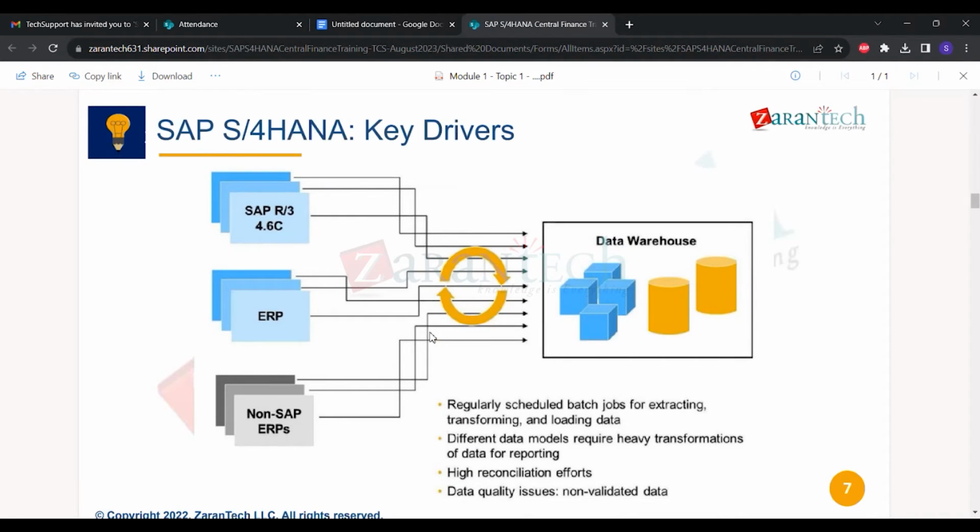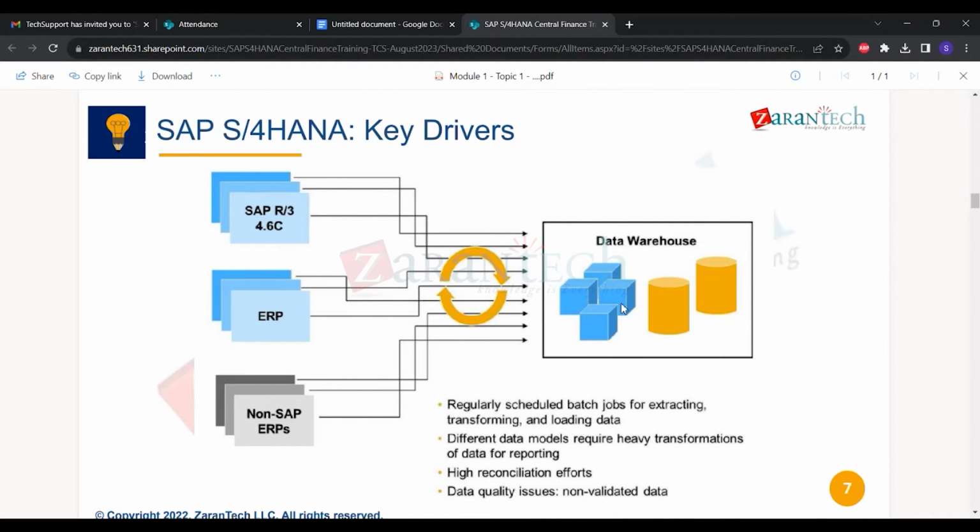Again, this part we have already covered in the earlier slides. This is the data flow when we are using any data warehouse system, let's say BWC. You will have all the systems connected to the warehouse system, and then you will have the data flowing via RFC or via APIs, wherever the data is connected. And then you will have either weekly or daily batch job schedules, which will move the data from one system to another, and you need to reconcile before reporting at the group level,